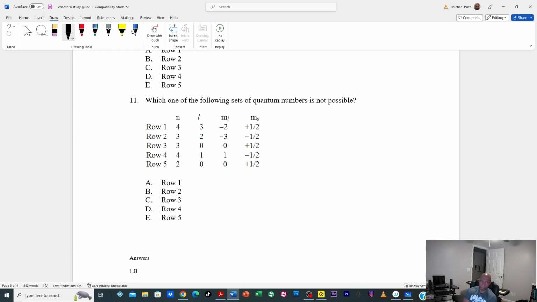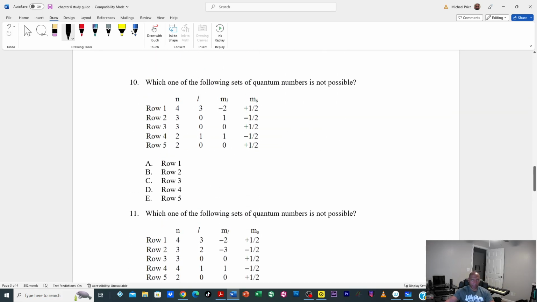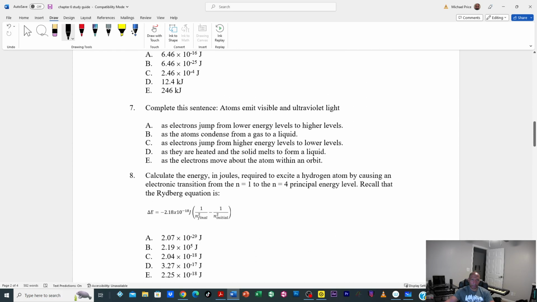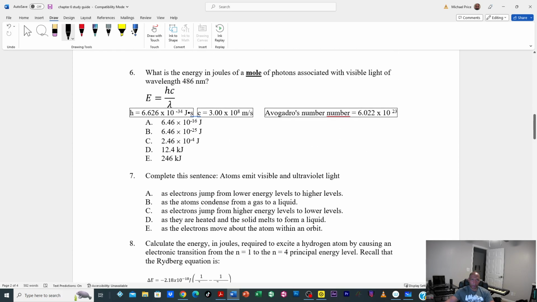Number 11 says, which one of the following sets of quantum numbers is not possible? And let's see what we have right here. Again, it's row 2, isn't it? If L is equal to 2, M sub L cannot equal to -3. Remember, M